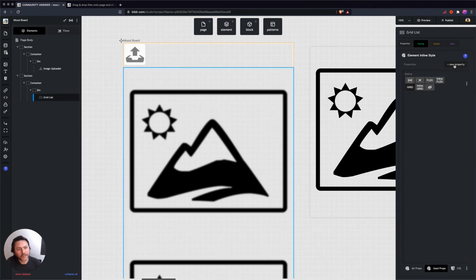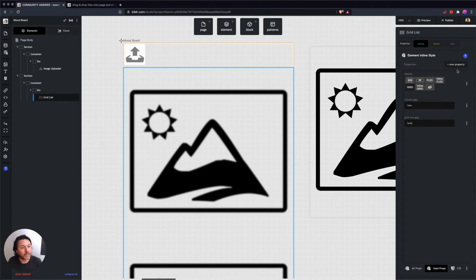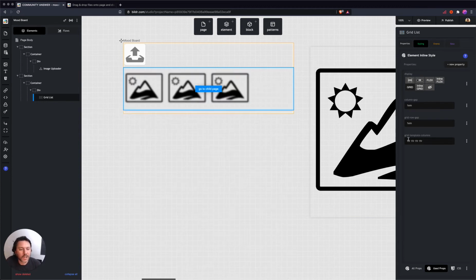Display, grid, column gap, space between each column, row gap, space between each row. And then in CSS Grid, there's a specific way that you do the formatting. So you do grid template columns. And if I do 1 FR, which is one fractional width, space 1 FR, space 1 FR, space 1 FR, that's going to create 4 columns. And the reason is there's 4 of these FRs, and they're creating 1 fractional width each, which means 25% each